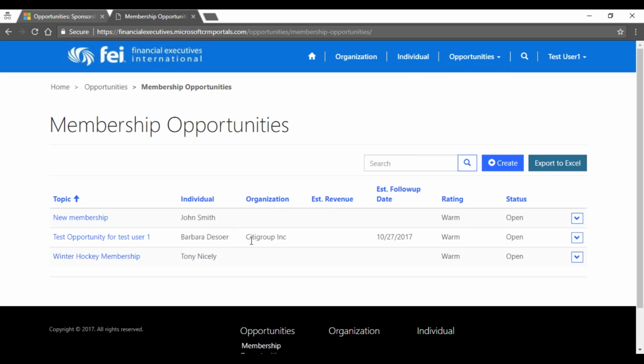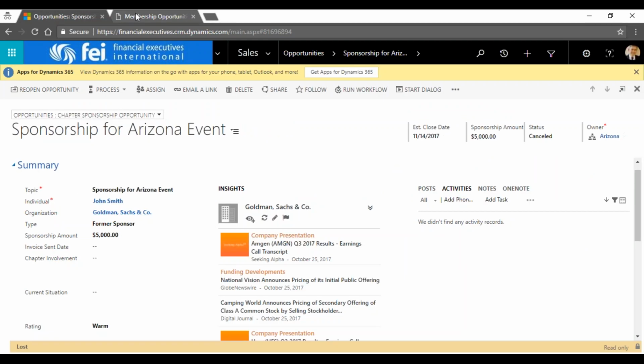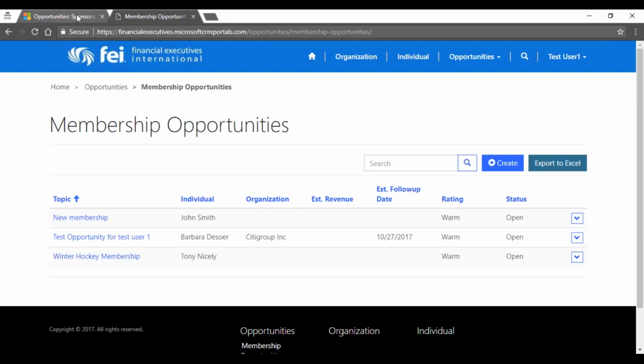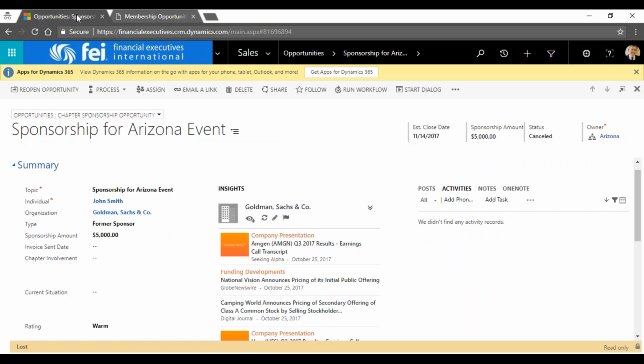So that is really it. Two sales applications, the full application and the light application. A couple of things I still want to mention as the differentiating factors. We already talked about insights. We talked about the ability to have these notes, activities, etc. We talked about how we can see all chapter opportunities here in the full application, while on the light application